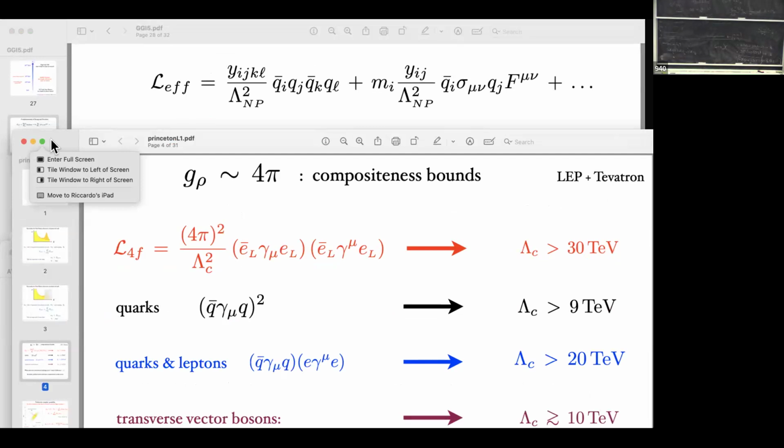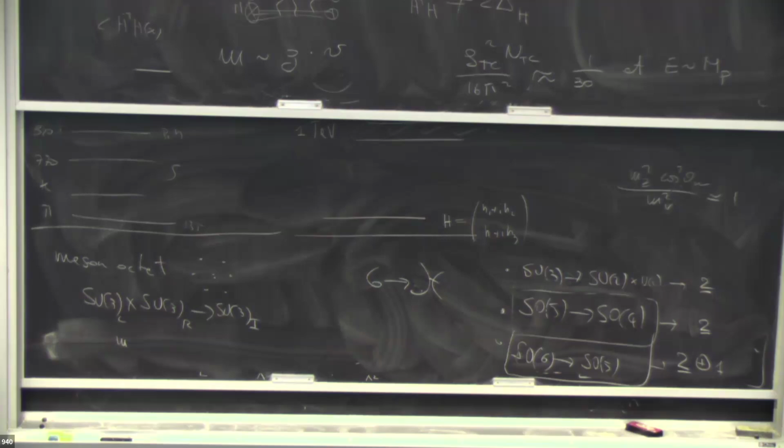You could have a composite scenario where the compositeness is flavor blind, right? No, it's less simple. You have to start going around with assumptions. To put bounds on flavor, you need to. But let's say you assume MFV. If you assume MFV, then flavor is irrelevant. Then flavor constraints are very weak. No, because for leptons it's irrelevant.